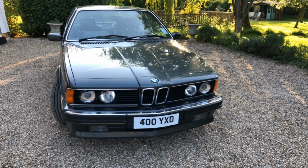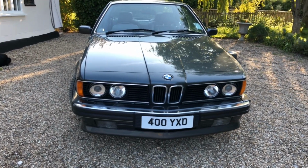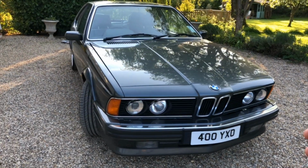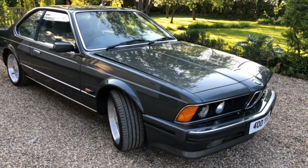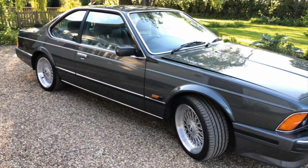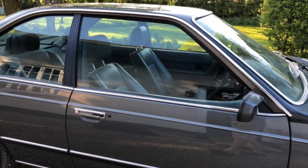So first priority if you're buying one, sorry, I should have moved the wheel in the background. The first priority if you're buying one of these is to buy a sound car bodywork wise. And the second thing is probably find one that's sound in terms of all the chrome and the trim, because